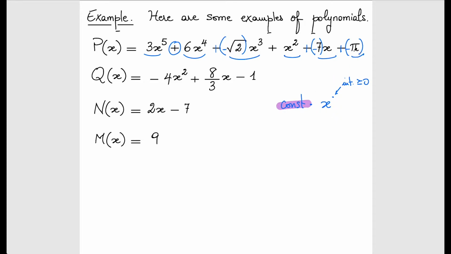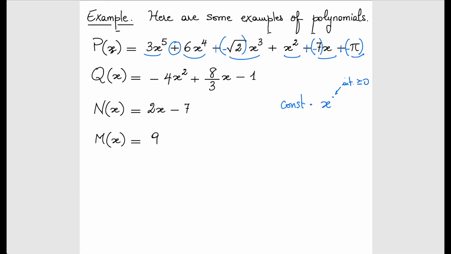I mean, it's an irrational number, I know, but it's a number at the end of the day. So it's a constant times x to power 0, in this case. And certainly 0 is an integer greater than or equal to 0. Okay? So each of these summands is actually of this form,